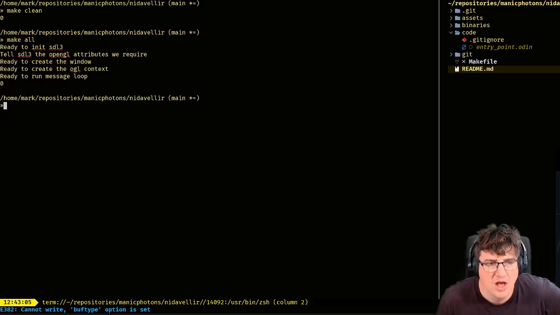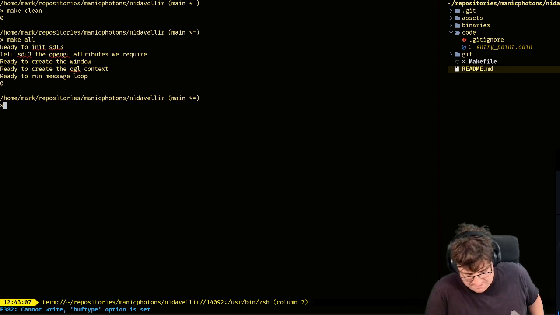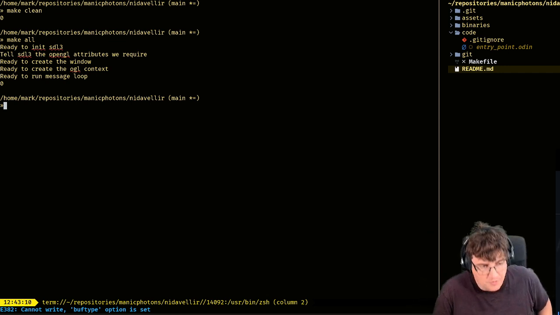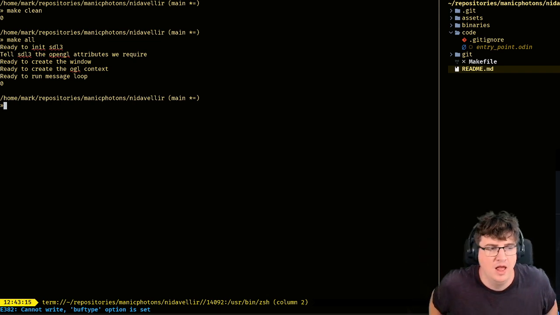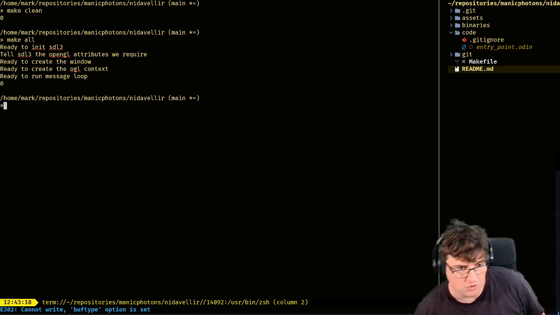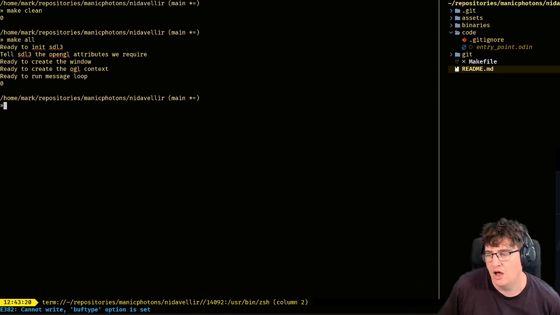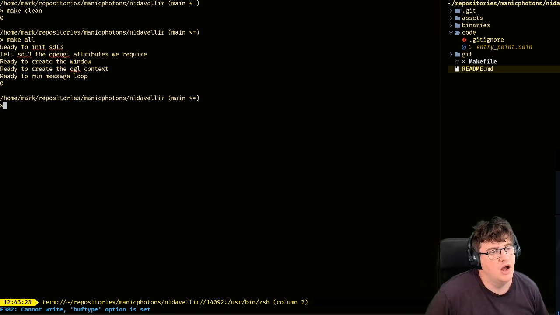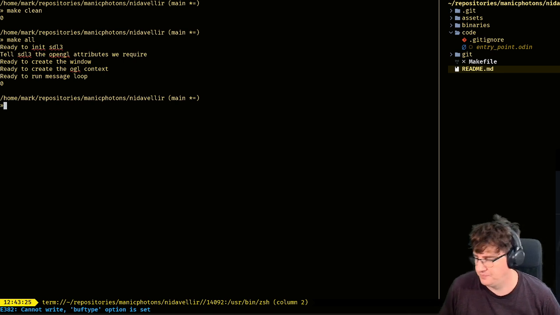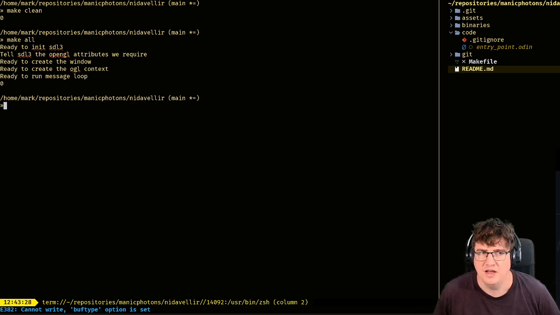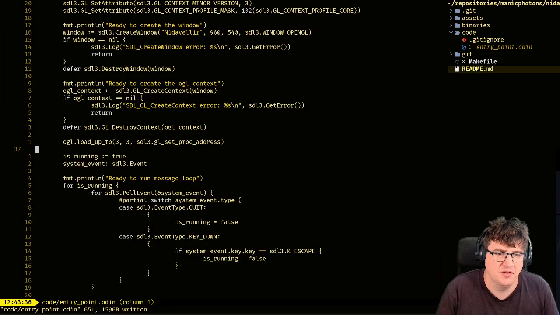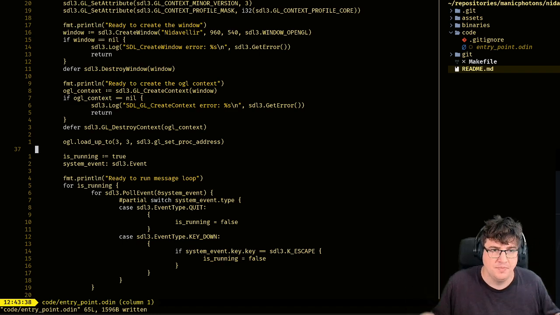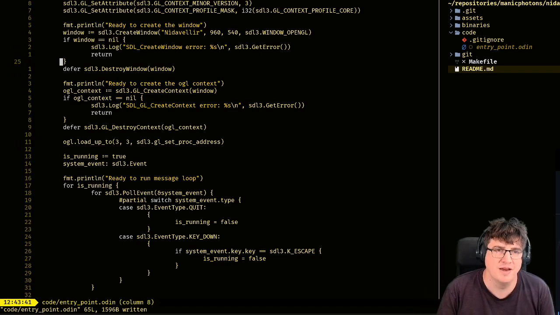Nice. Okay, so what we've done here is we have created a very simple window that's using SDL3 but running OpenGL. Now we're going to do a far more complex window in the near future, running Vulkan instead. But already I am quite pleased that in the short time this morning, given that I don't know SDL3 from Adam, we've been able to get something up and running.